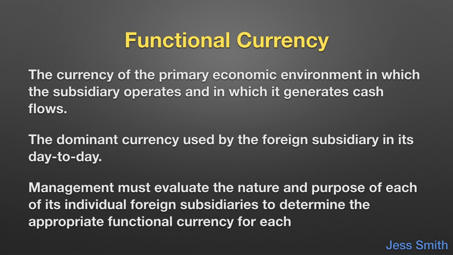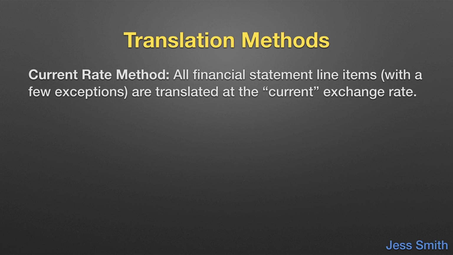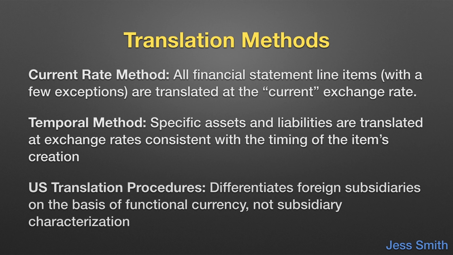Management must evaluate the nature and purpose of each of its individual foreign subsidiaries to determine the appropriate functional currency for each. There are several translation methods. The current rate method states that all financial statement line items, with a few exceptions, are translated at the current exchange rate. The temporal method states that specific assets and liabilities are translated at exchange rates consistent with the timing of the item's creation. Here in the U.S., our translation procedures differentiate foreign subsidiaries on the basis of functional currency,